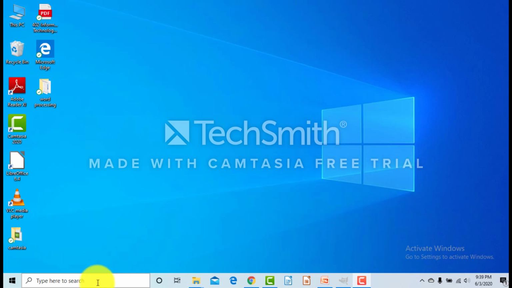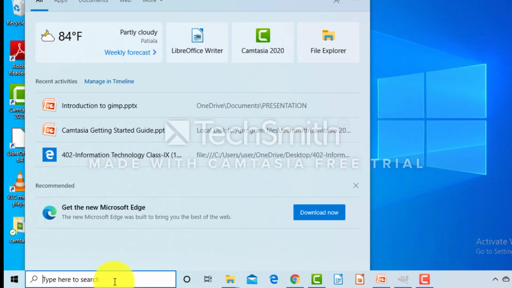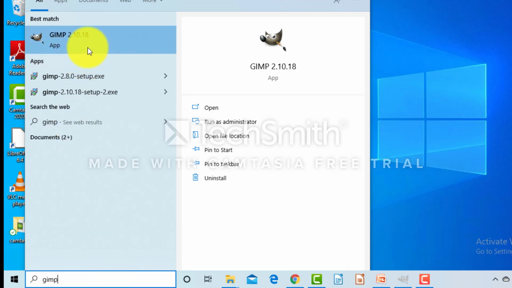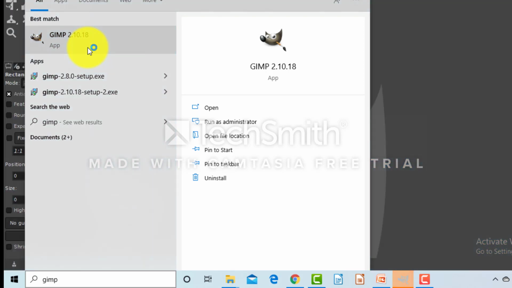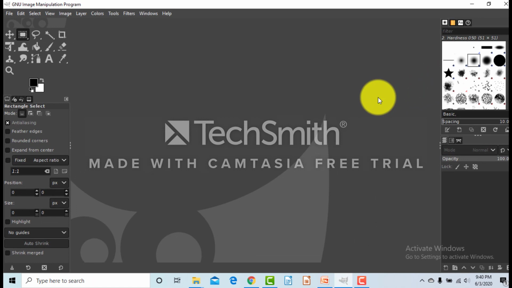To start GIMP, go to the search bar, type GIMP. Now double click on this. Once GIMP is open, you can pin it to the taskbar.